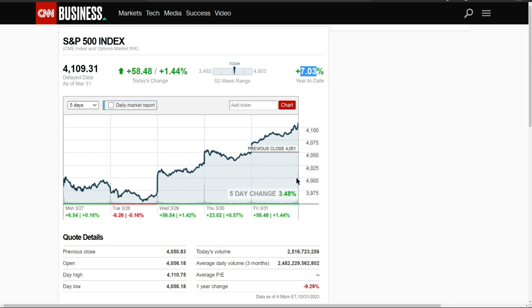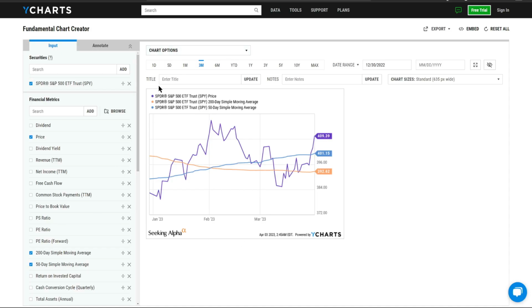Here I was thinking, oh, the S&P 500 will probably hit that 50-day moving average, I believe it was, and kind of bounce. Actually, I think it had been trading above that 50-day, 200-day. It was kind of below the 50-day. Let's go look. So S&P 500, the 200-day is 392. It went so quickly here, right? Burst right through that 200-day. So I was thinking at the very end of Friday, on the 31st of March, that the S&P 500 would have closed probably right below that 50-day. There is no way I would have ever expected the S&P 500 to close at